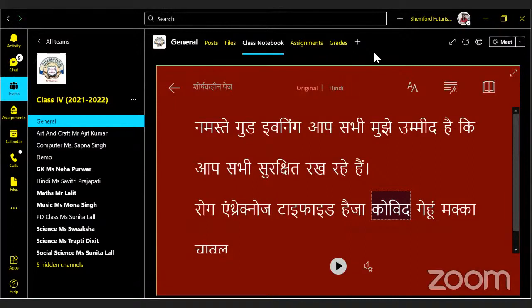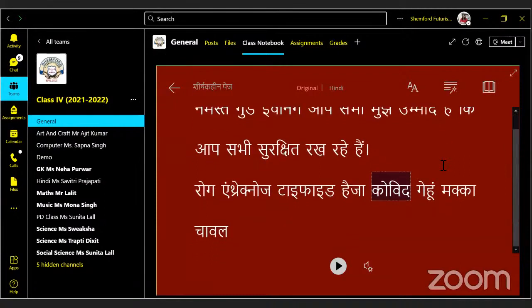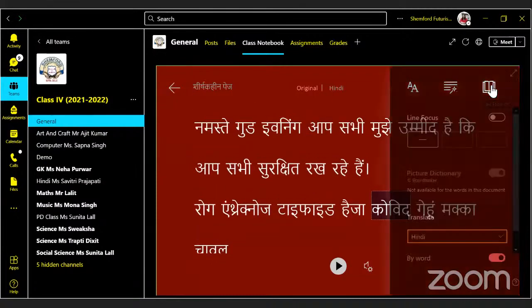Okay, so that is there also. If you want to share your screen with others and collaborate, they can go for it. Okay, so the student can show it there. Yes, it is up to you if you want to go for it. Okay, thank you. So it is reading Hindi also.